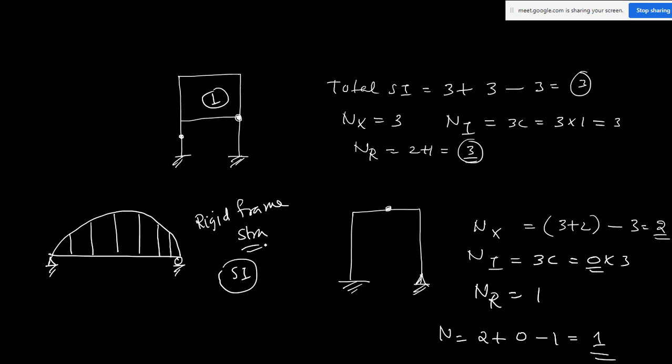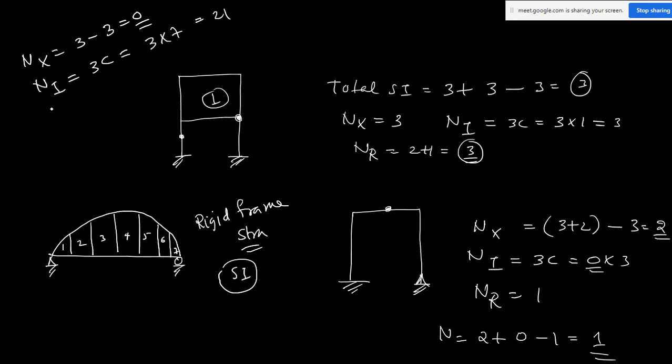It is a rigid frame structure. The basic methodology you have to follow: first is external static indeterminacy. Two unknowns here, here one unknown, so 3. 3 minus 3 is 0. Internal Ni equals 3 into C. What is the value of C? 1 closed loop, second 3 4 5 6 7. So 3 into 7 is 21. And the value of Nr: there is no internal hinge, so 0. The final answer is Ne plus Ni minus Nr. Okay, this is static indeterminacy. So the answer is 21.